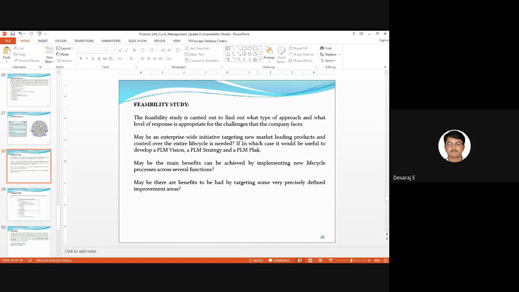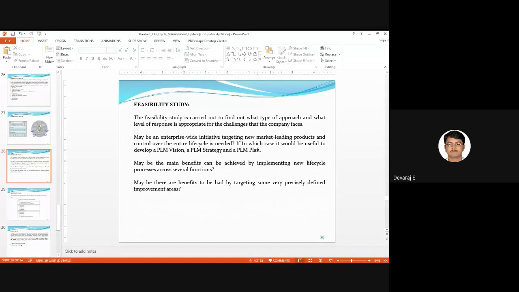If you go for new product development, you need this feasibility study, because the new product development stage is very important, since you are developing a new product. In this process, the feasibility study is very important. So which method should I use, or what type of different materials or different processes should I use to develop a new product? Everything comes under a feasibility study.